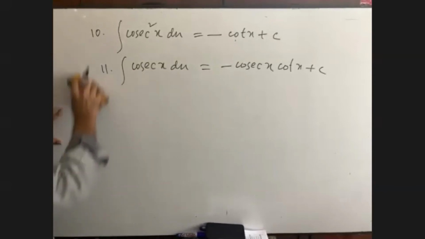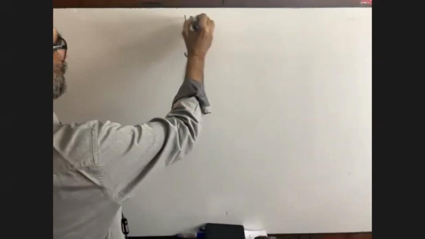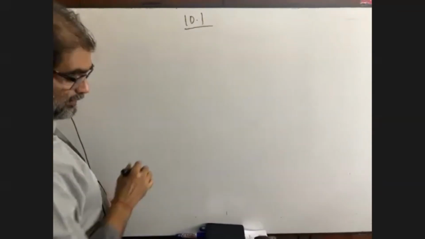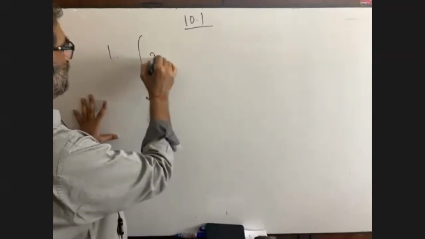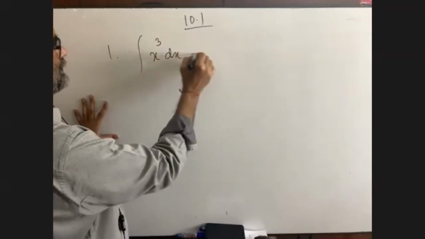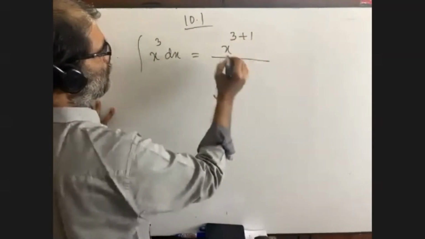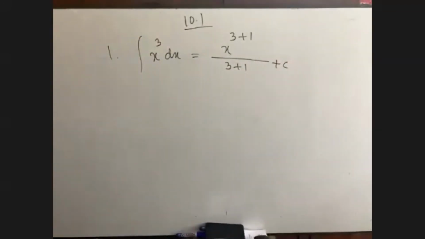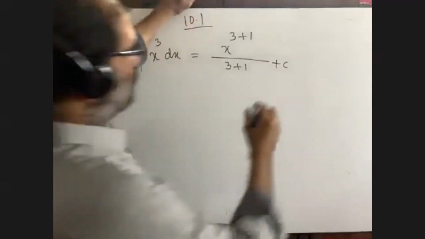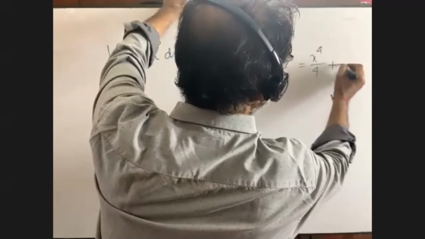Yes sir. Okay, and now we are going to the exercise to do some maths so that we can finish this exercise 10.1 today, because all the maths are really very, very easy. Suppose you see question number 1, x cube dx. Just let me know what will be the answer. What is the formula? First formula, x to the power 3 plus 1 by 3 plus 1 plus c, right? So we are getting x to the power 4 by 4 plus c, and we are done.